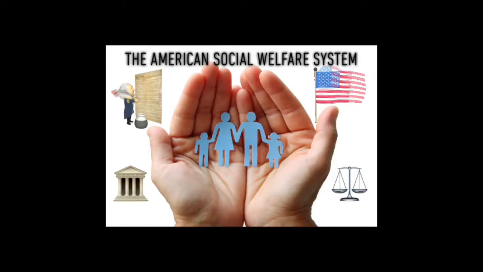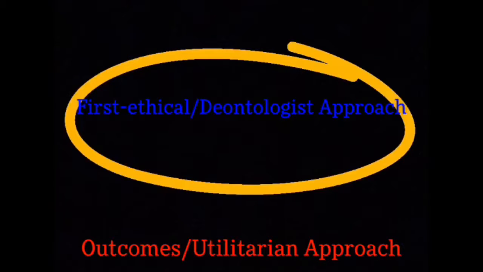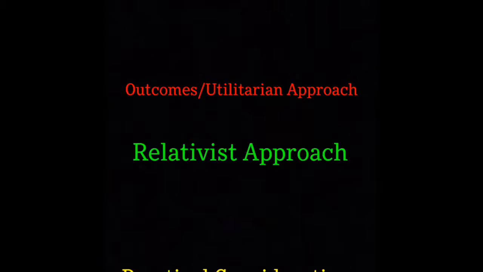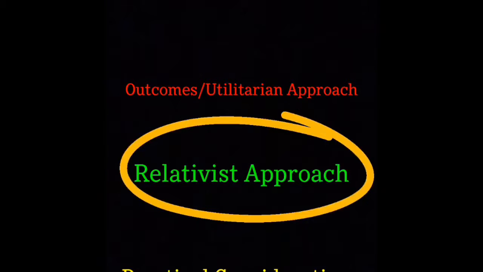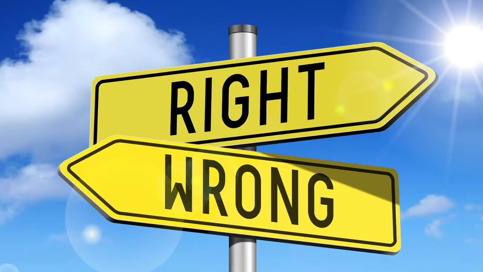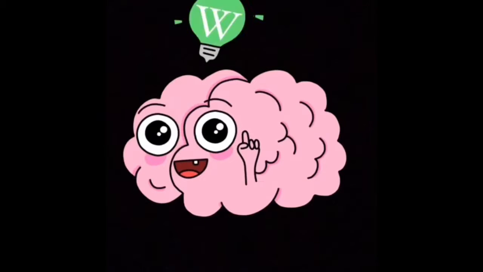This episode, we will be engaging in ethical reasoning using first ethical principles, an outcomes or utilitarian approach, a relativist approach, as well as practical considerations so that we can determine what is right and what is wrong. In case you haven't heard of those long technical terms that I just used, let's go ahead and start by